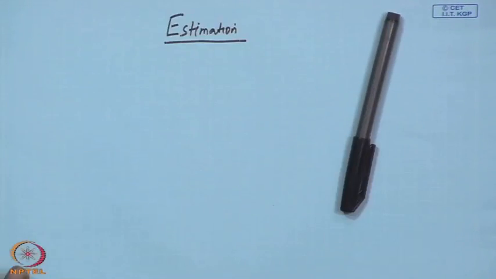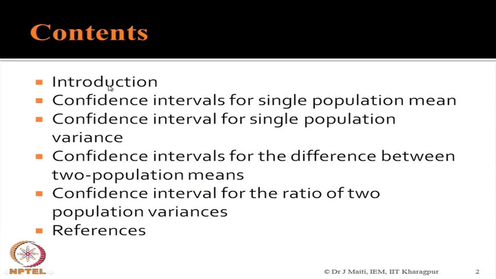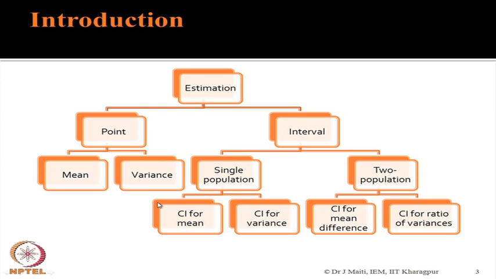Today's content is, we will start with what is estimation, then I will tell you the different types of estimation, like for single population mean, for single population variance, confidence interval for the difference between two population means, confidence interval for the ratio of two population means, followed by references. Now, if you see this slide,